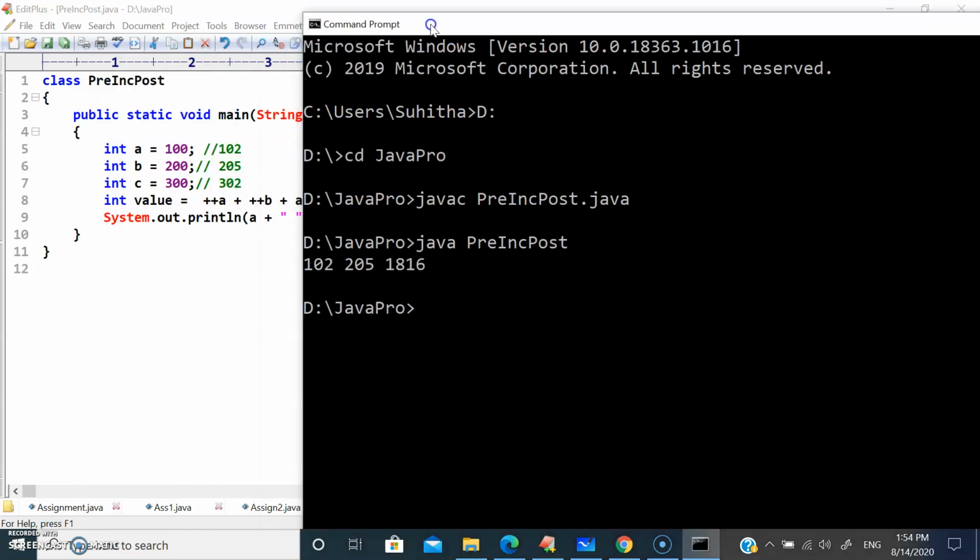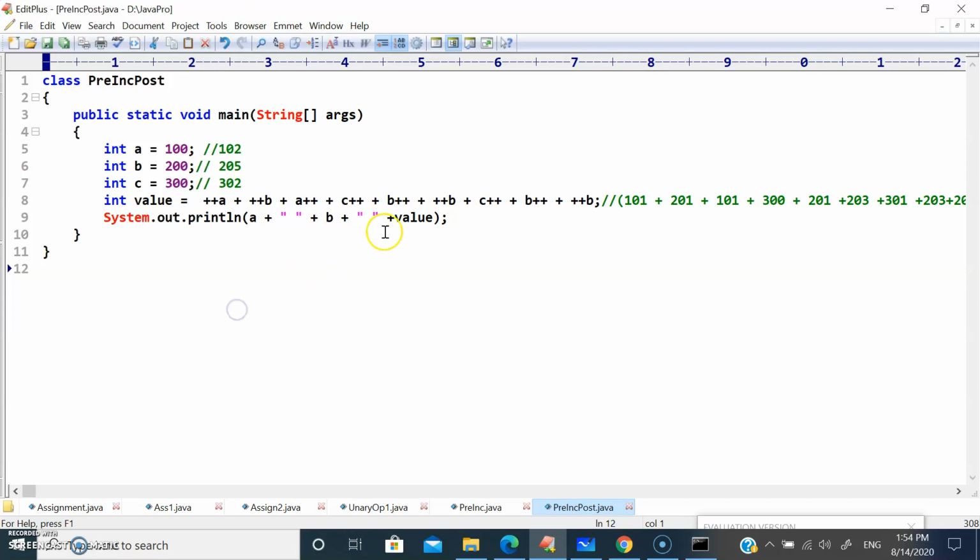So what is the A value we have? 102, 205. So we didn't print the C value. Let me print it.